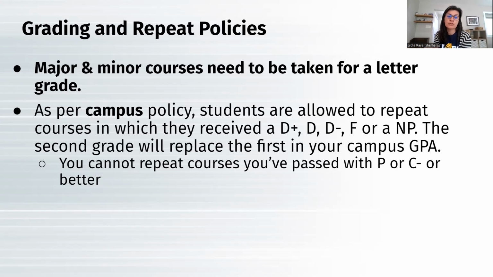is for those students who did not put CS on their application to Berkeley: you have a different repeat policy for the prerequisite classes. Basically, if you fail, let's say, 61A the first time, or you get a D+ or lower, and then you want to retake that class, we're going to take both of those grades in the GPA to declare CS. So if you get an F the first time and an A the second time, we're not going to take the A, we're going to average them and they become a C. So that's a really important policy for declaring the CS major. Again, if you did not choose CS on your Berkeley application, you need to be aware of that.